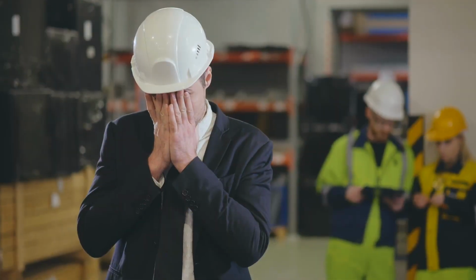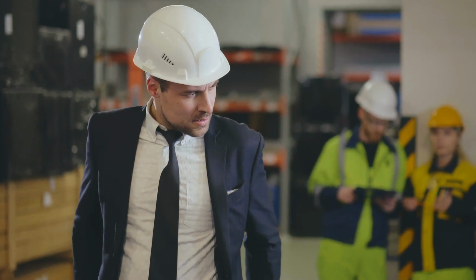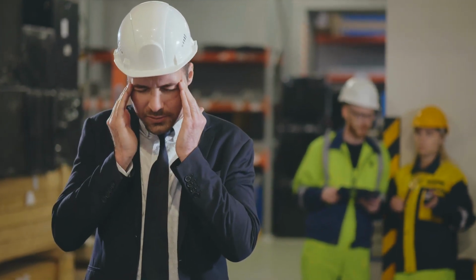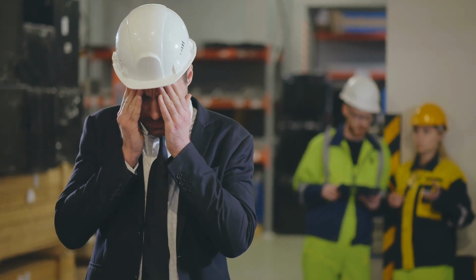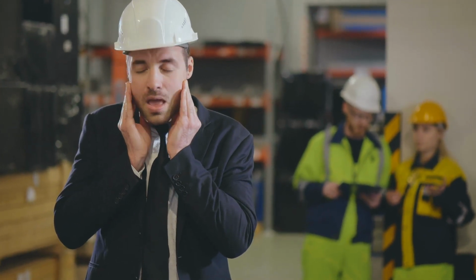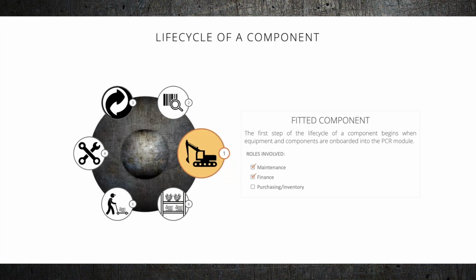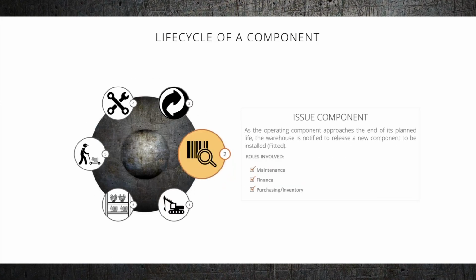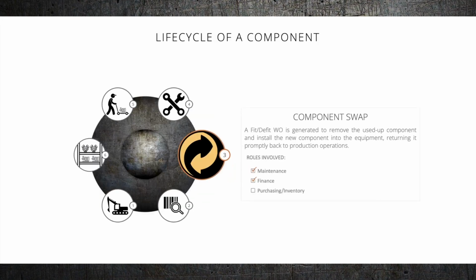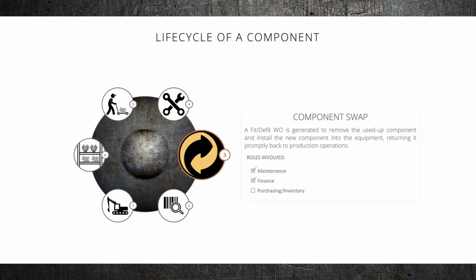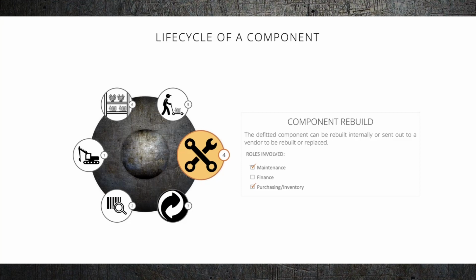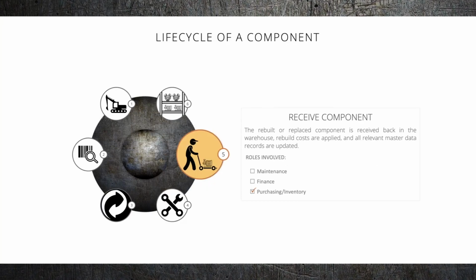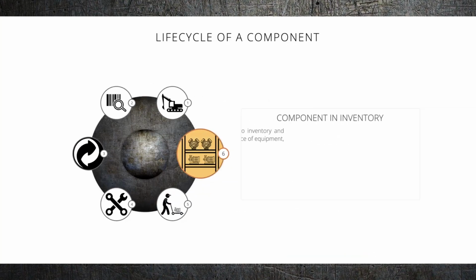Managing the lifecycle of rebuildable components in JD Edwards is a never-ending struggle, requiring the coordination of maintenance, purchasing, warehouse, and finance personnel. Newly built plants and equipment fleets come with components designed to be replaced. As they wear out, you need to remove the worn-out component, swap it out with an available spare, send the used component out to be rebuilt, restock it into inventory as a spare, and eventually refit it into another piece